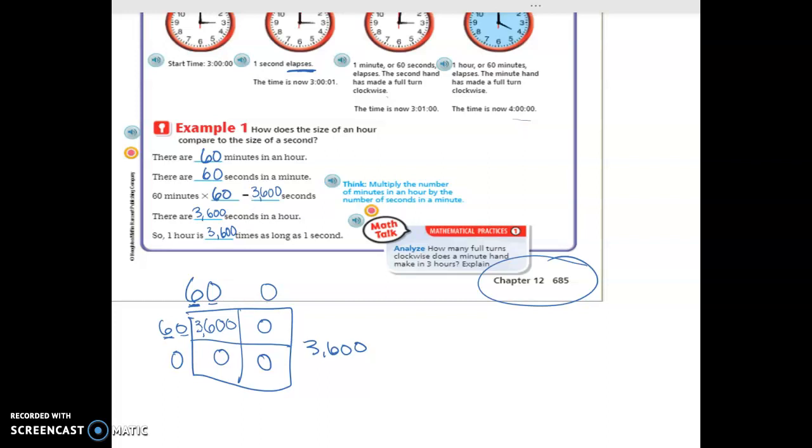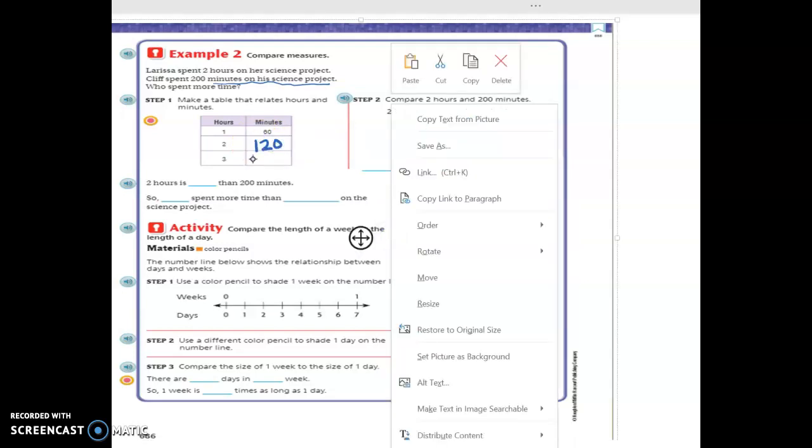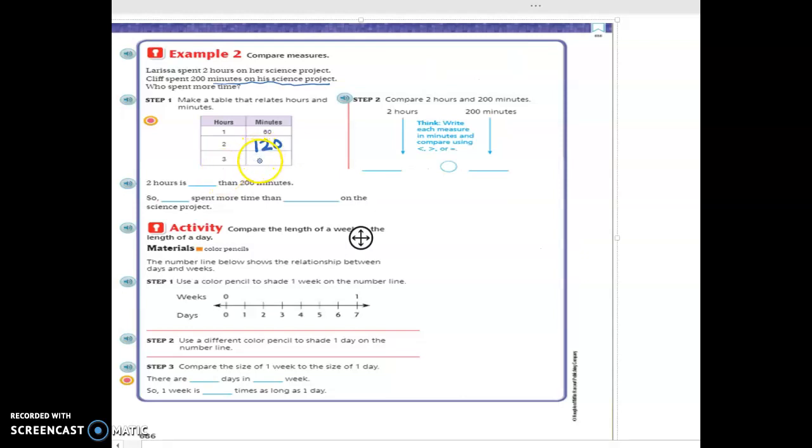Go ahead and turn the page. Example 2. Larissa spent 2 hours on her science project. Cliff spent 200 minutes on his science project. Who spent more time? Now, as we look at our table here, for every 1 hour, we have 60 minutes. So here we have 2 sets of 60 minutes. So we know that we have 120 minutes, and we have 3 sets of 60 minutes. So that would also give us